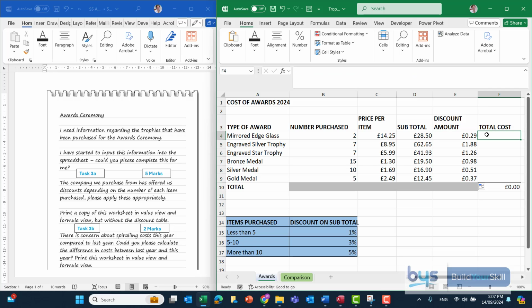The total cost at the end is again a simple arithmetical calculation: equals the subtotal that we calculated earlier minus the discount amount we've just worked out. Click on enter, and then we can copy that down. So that's how I would tackle task 3a using the IFS function, and now we'll quickly look at